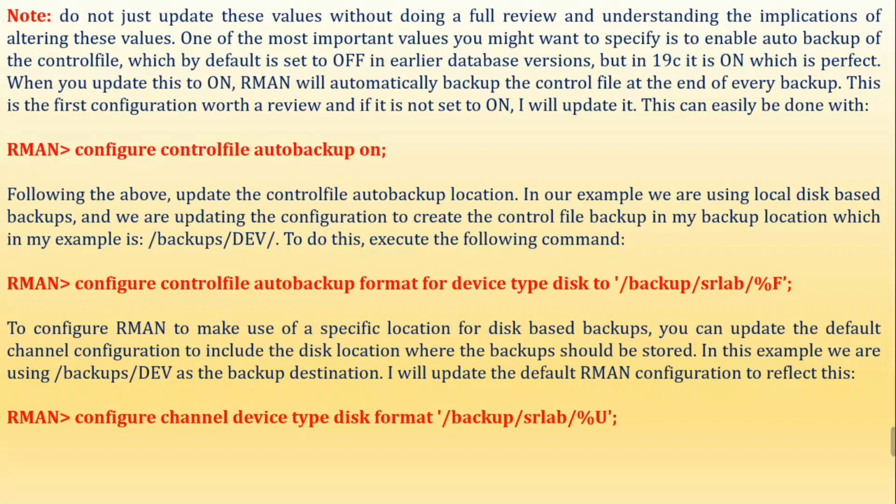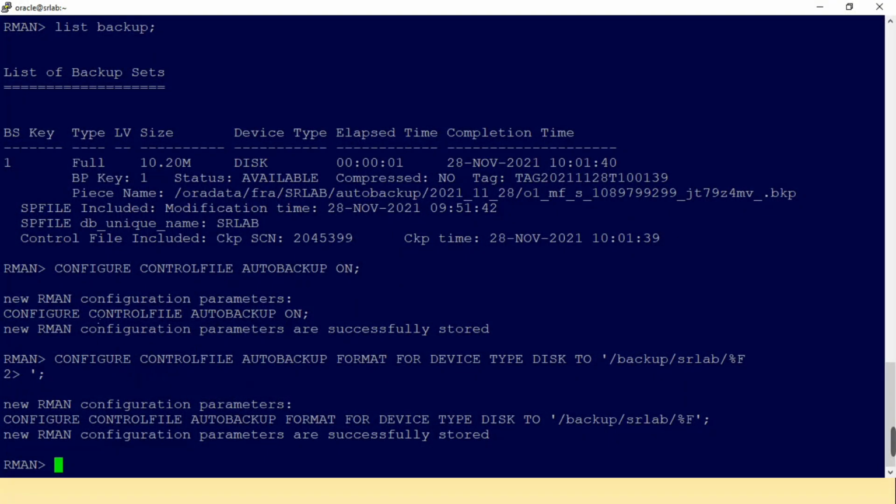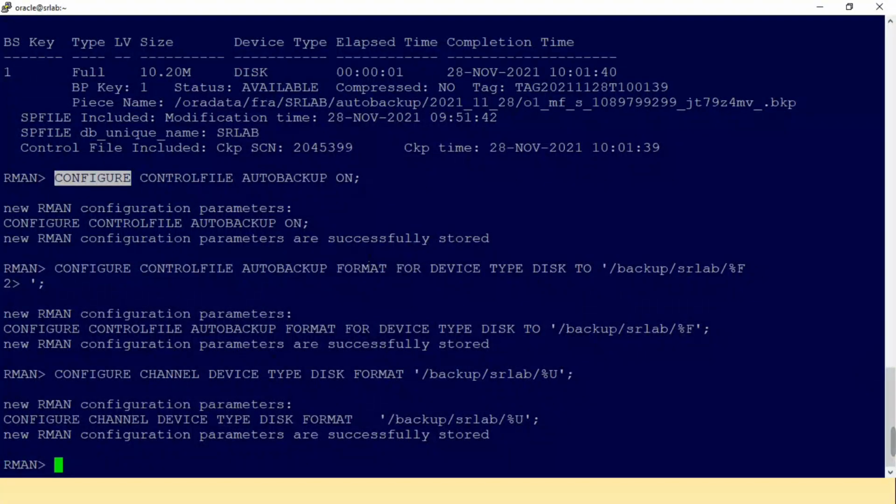Configure channel device type disk format backup SRLab, percentage U. Okay.